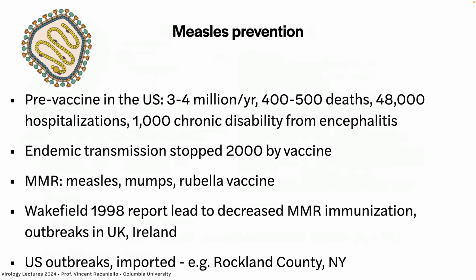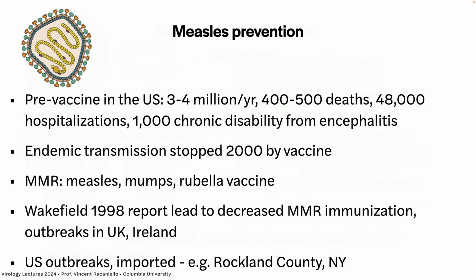Before the vaccination in the US, there used to be 3 to 4 million cases a year. I had measles as a kid. There was no vaccine when I went to school. 400 to 500 deaths, 48,000 hospitalizations, 1,000 kids a year with chronic disability due to encephalitis. We introduced the vaccine in the 60s. We stopped endemic transmission in the US by 2000, but